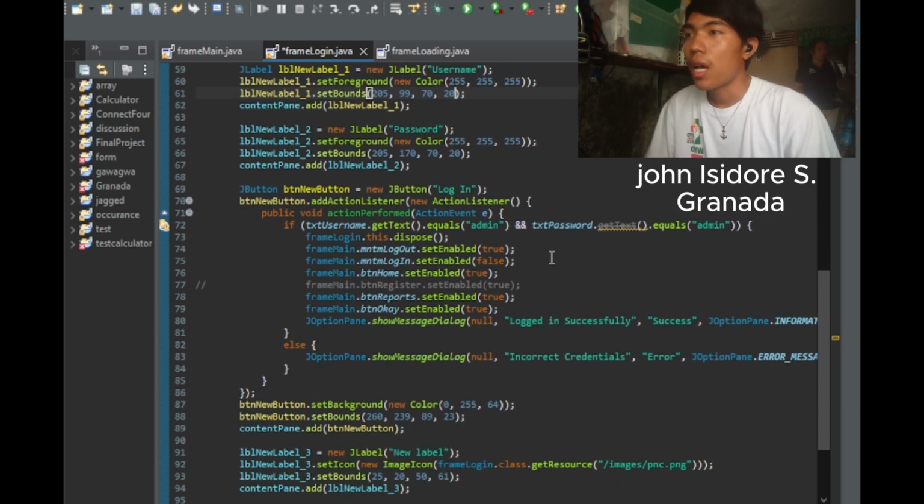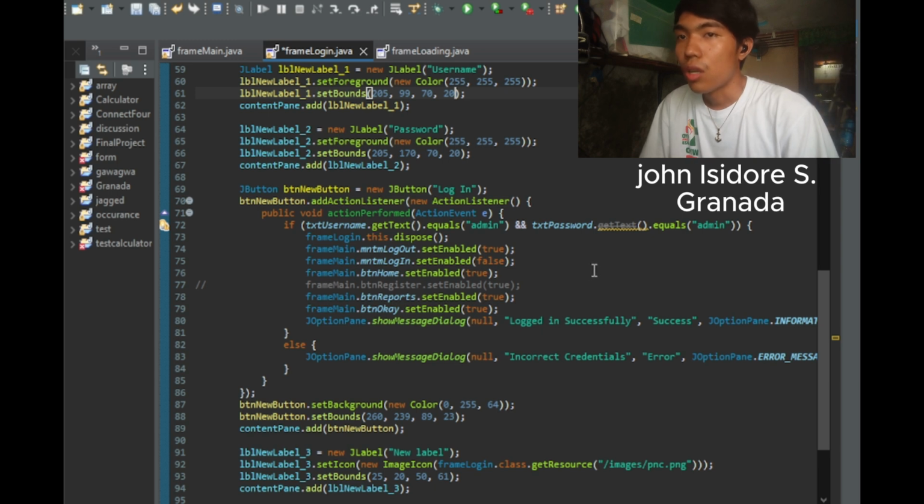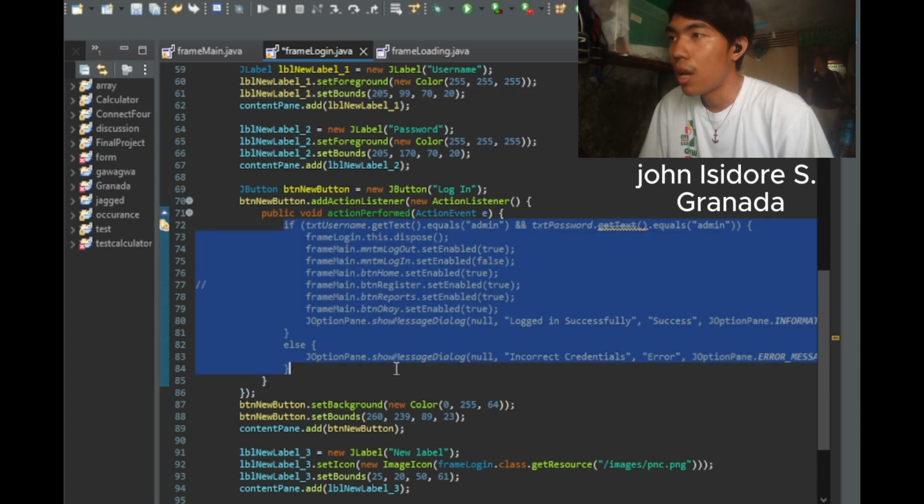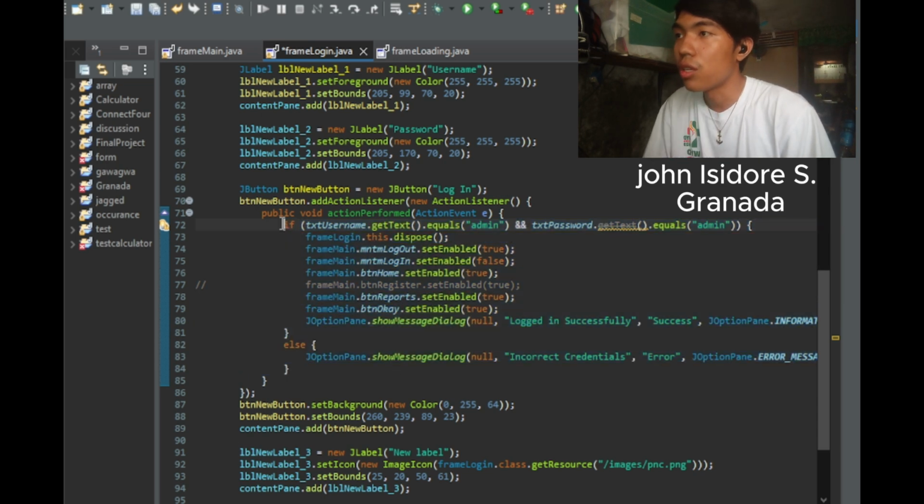Next is the login button. The button is positioned and given an action listener to handle the login logic, so we have an if and else conditional. In the if, we check that the username getText equals admin and the password getText equals admin.